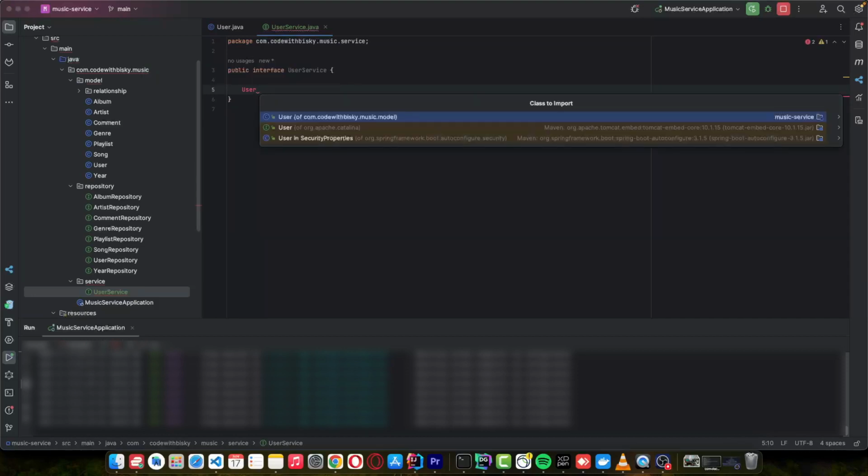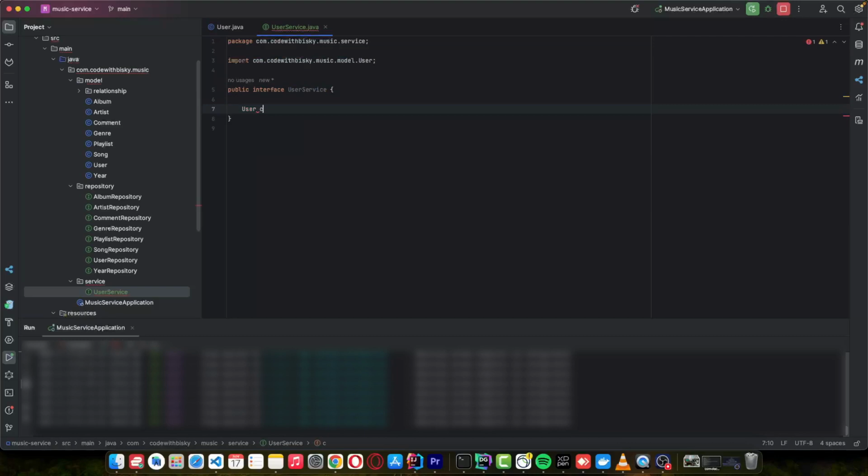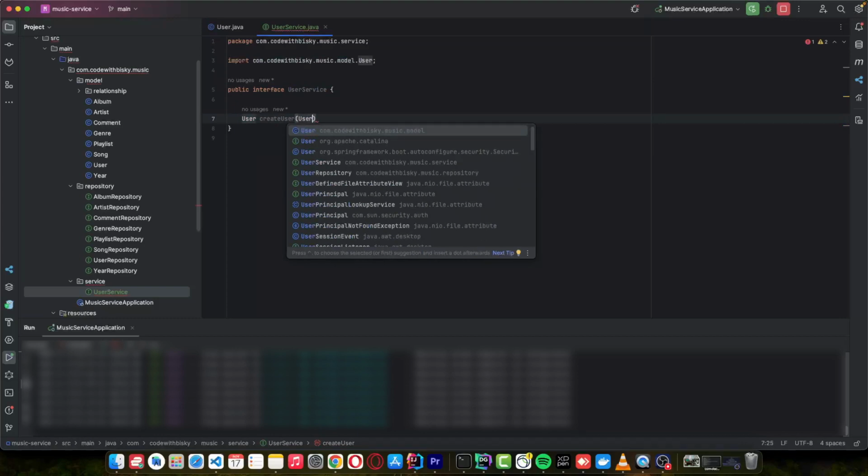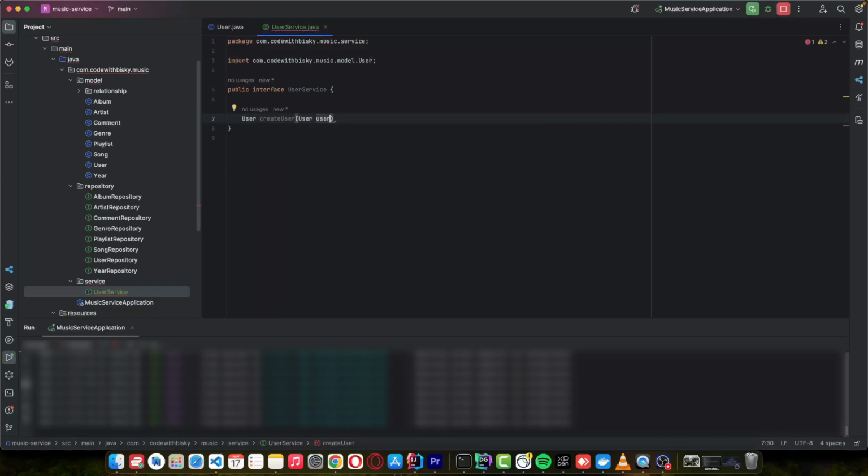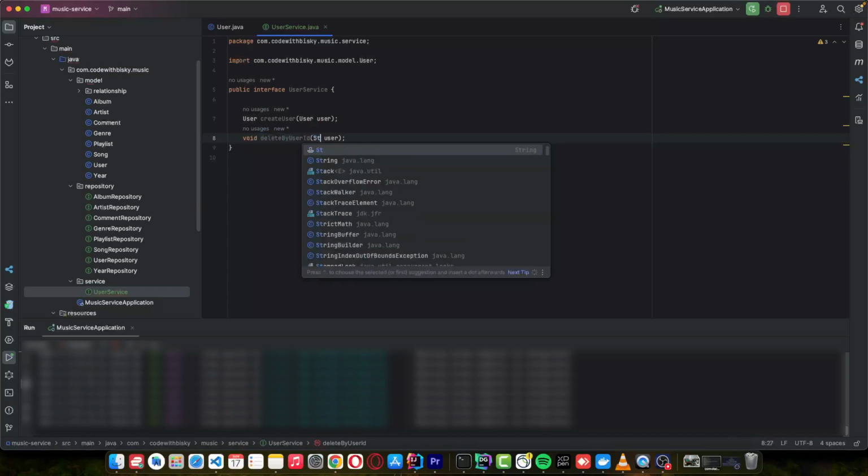and let's import this one, and we say create user, and then we pass the user model that we want to create. Then we want to delete a user. We just say delete by user ID. Then we can pass a string